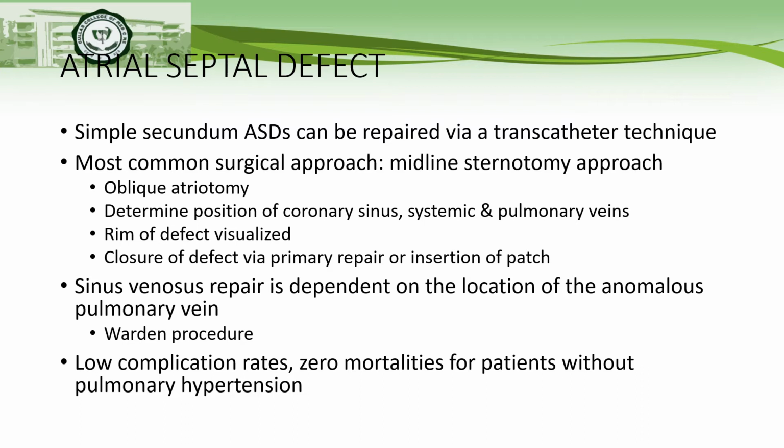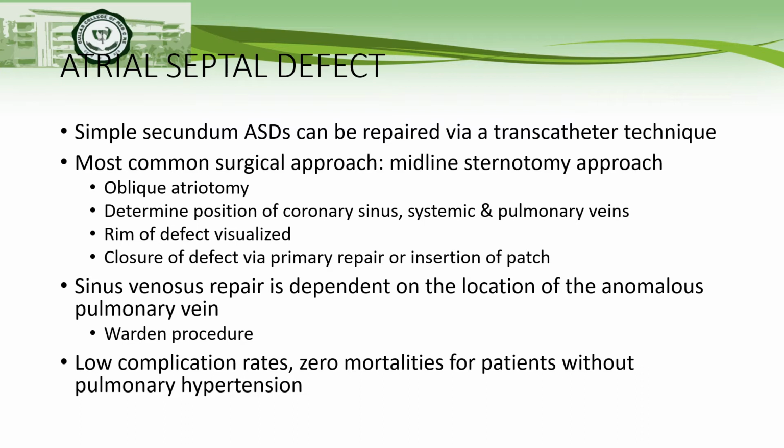So basically, an oblique atriotomy is made and the position of the coronary sinus and all systemic and pulmonary veins are determined, and then the rim of the defect is completely visualized. So you close the ostium secundum either by primary repair or you insert a patch that is sutured to the